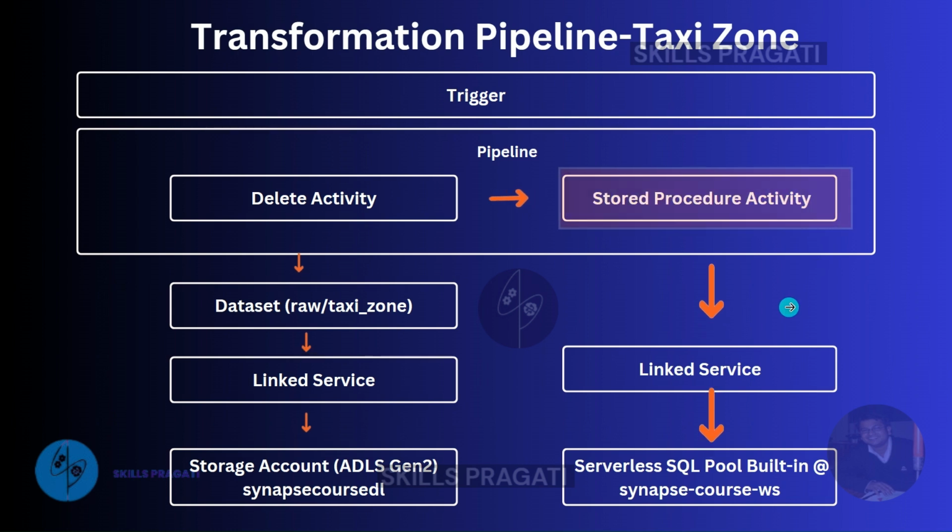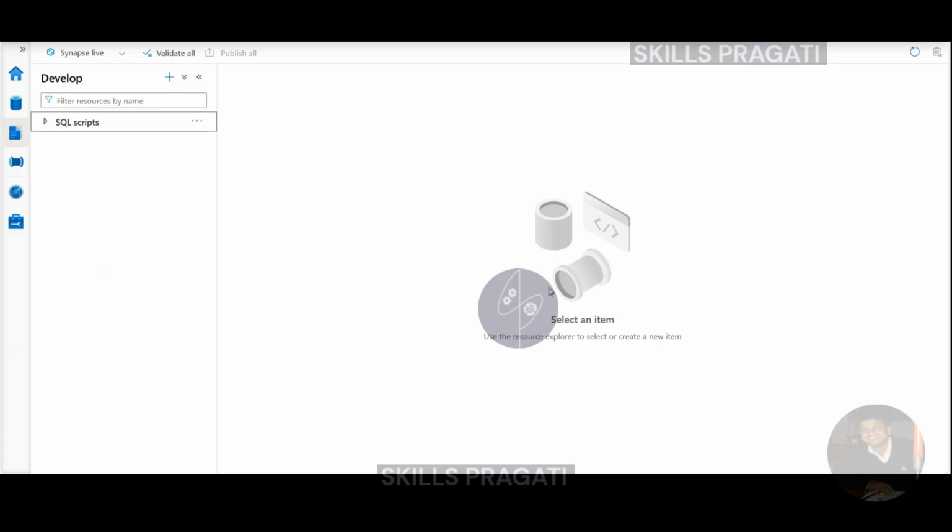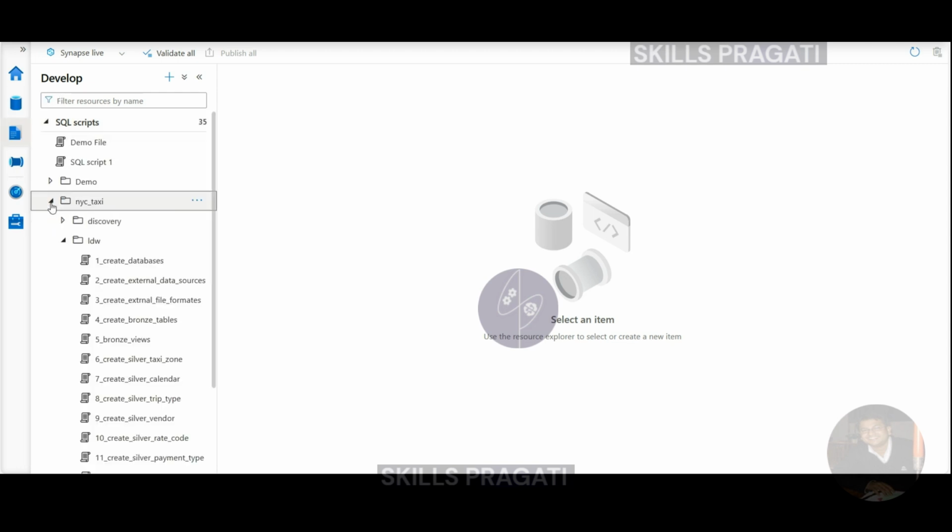First, we'll create the stored procedure in the serverless SQL pool, and then replace the script activity with the stored procedure activity in the pipeline. Let's get started with creating this stored procedure. Here we are in the Synapse Studio. Let me go over to the Developer Hub and turn the script, which is 6_create silver taxi zone, into